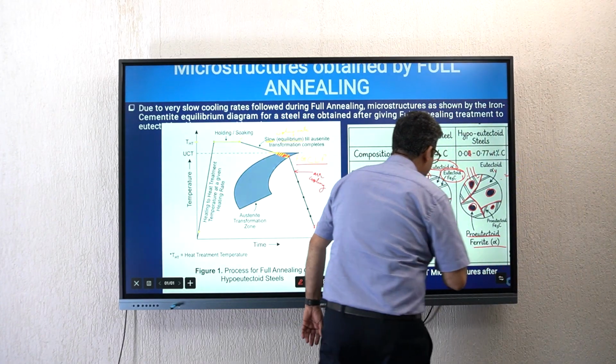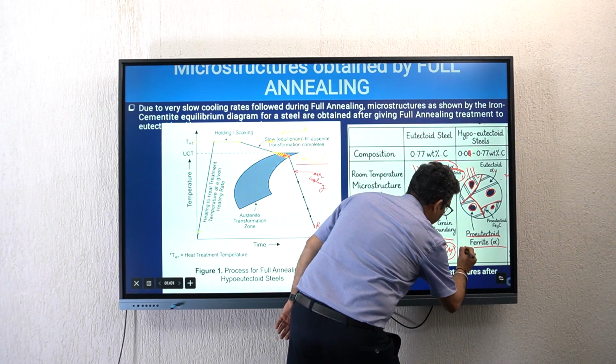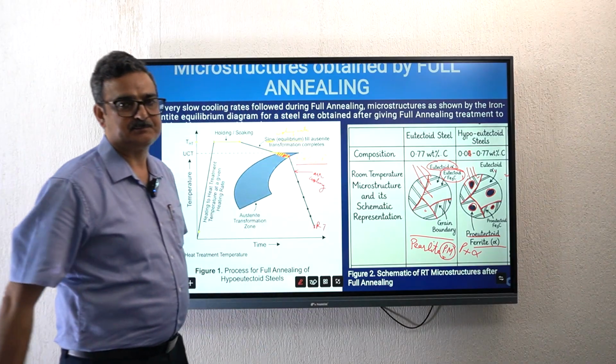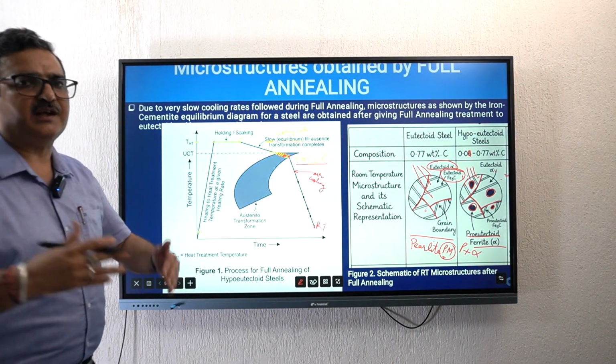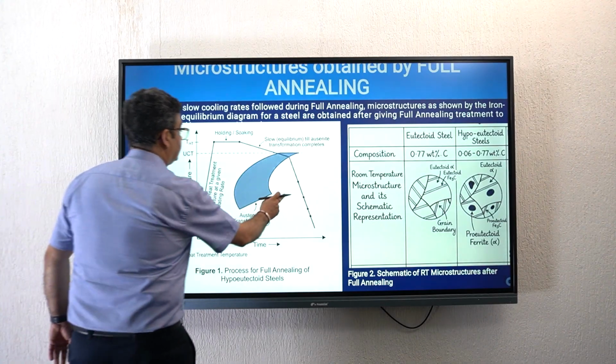So what is the resulting microstructure consisting of? Here we have only perlite phase mixture, but here we have perlite plus pro-eutectoid ferrite. Phases are only two, ferrite and cementite. So that's all about this. Then students,